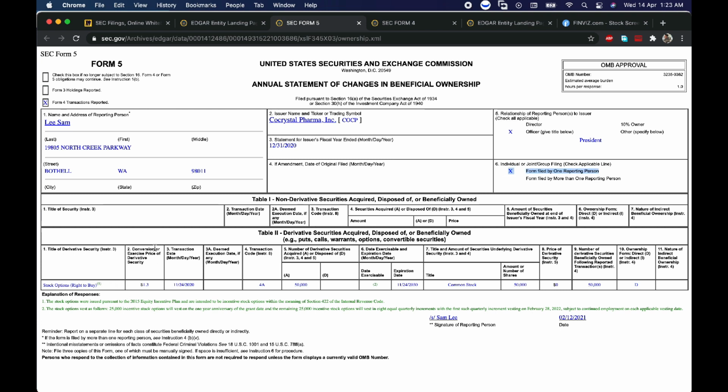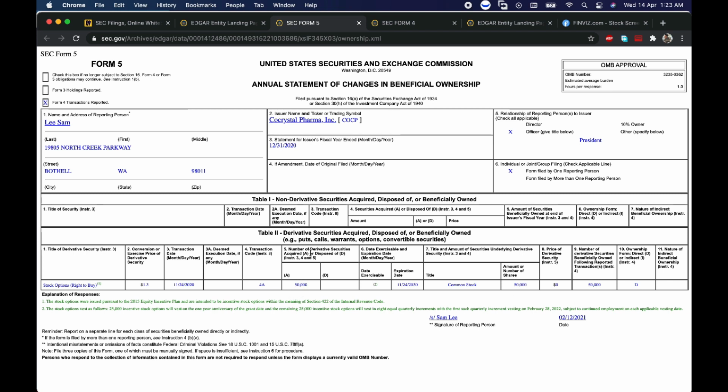What is important for us is the transaction code. The transaction code is basically 4A, and A stands for acquired, where D stands for disposed. So A means the shares have been acquired, and D means the shares have been disposed.